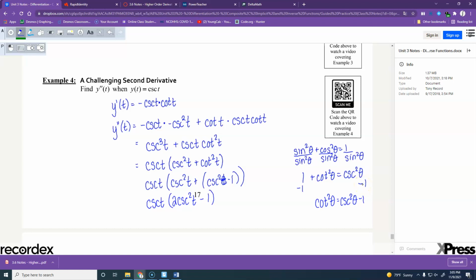Remember what I told you the other week about trig identities? And so they might distribute that cosecant back or something, but it'll probably look something like this. And if it is free response, don't simplify any further. Okay, so